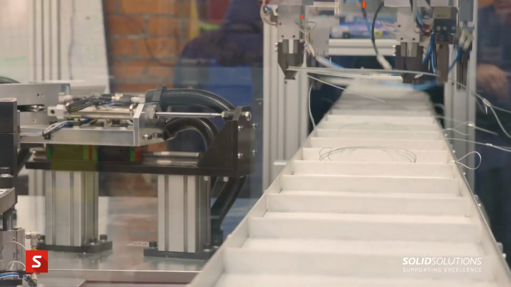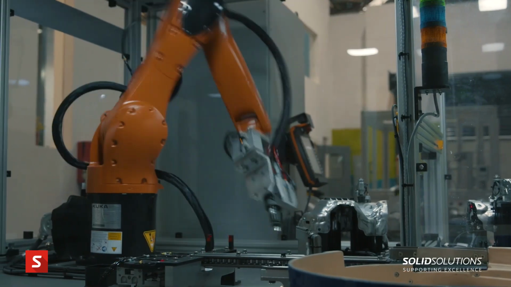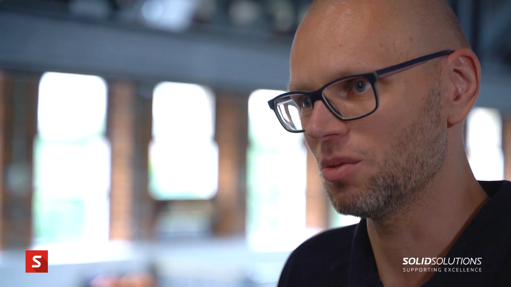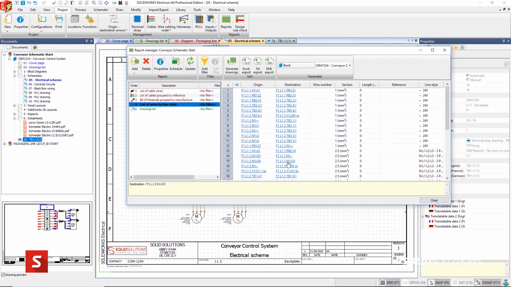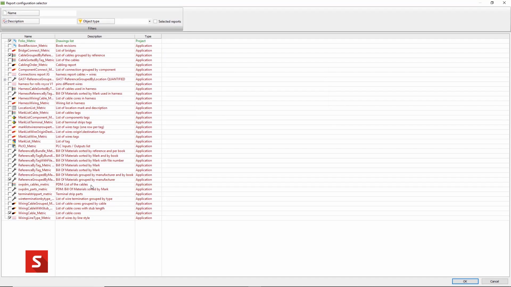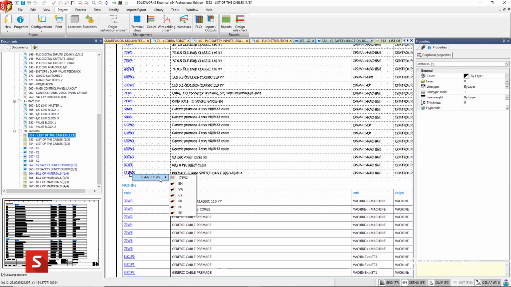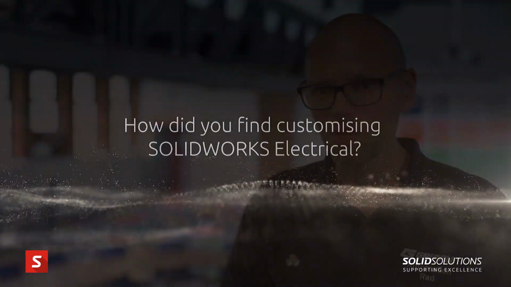At Grippo Automation, we design and build unique machines. Each of them is different. Therefore, it's always time-consuming to generate a new set of drawings and associated part lists, cable lists. All these documents are very useful for our panel and machine builders. They are the people who will need them the most, obviously. And it would be a very time-consuming task, but thanks to the automated reporting system in SolidWorks Electrical, it's just one click and it's generated for you.